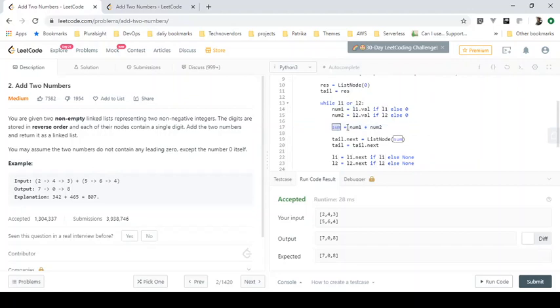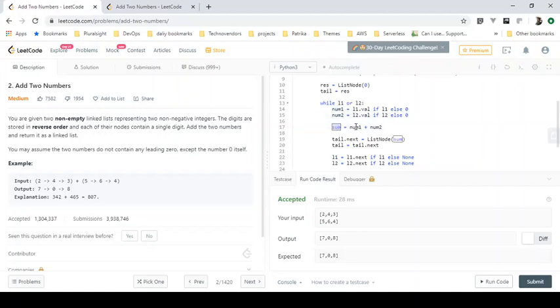It will sum them, the tail.next will be the next element 7, and the tail will point to it. Now L1 is currently on 4 and L2 is on 6. The loop is true again because both are not None, so num1 holds 4 and num2 holds 6.